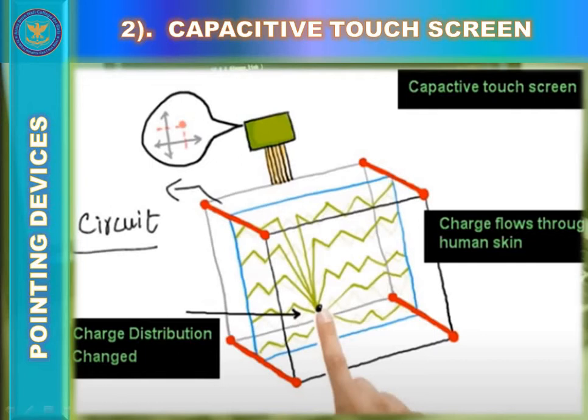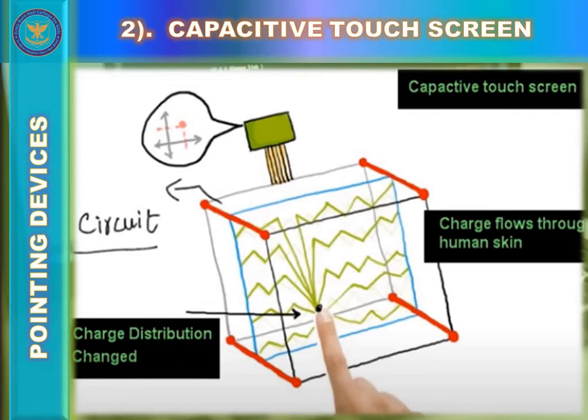You can see that. So to use a capacitive screen, you must use your bare finger or a specially designed stylus pen. Most users experience this type of screen technology when attempting to use a smartphone touch screen while wearing gloves and being unable to do anything. Basically, we can say that smartphones have a capacitive type of touch screen.